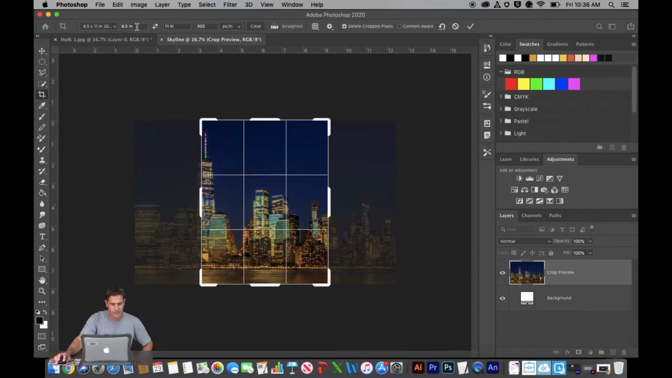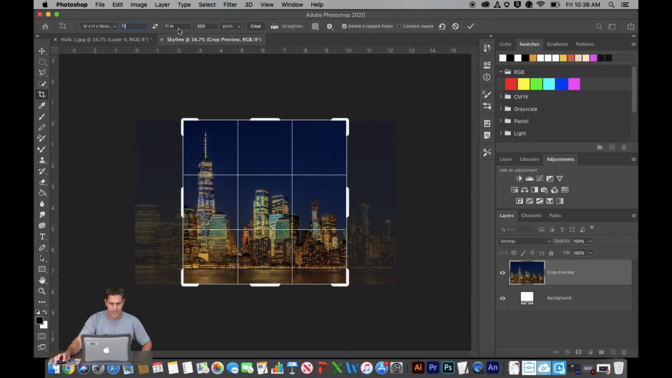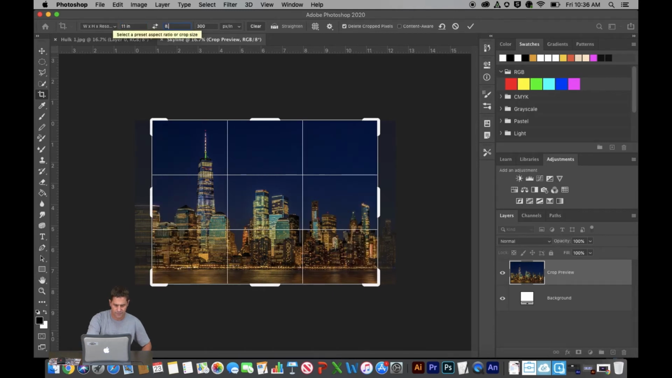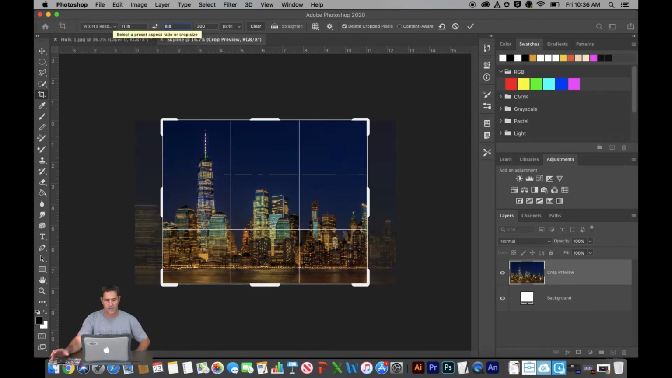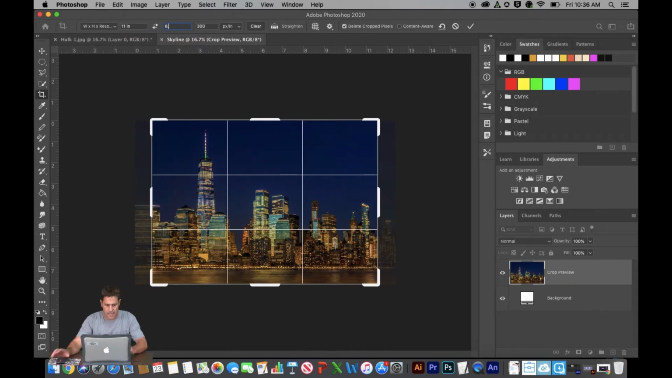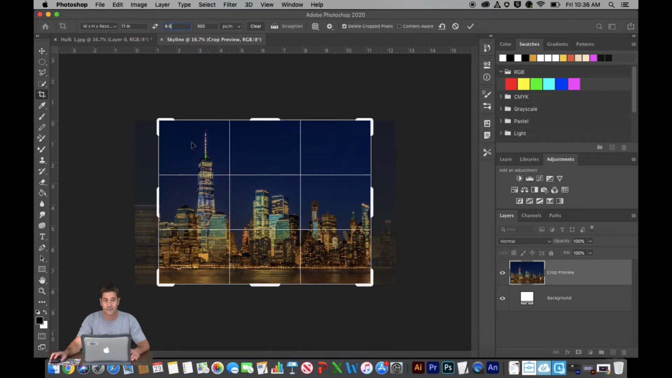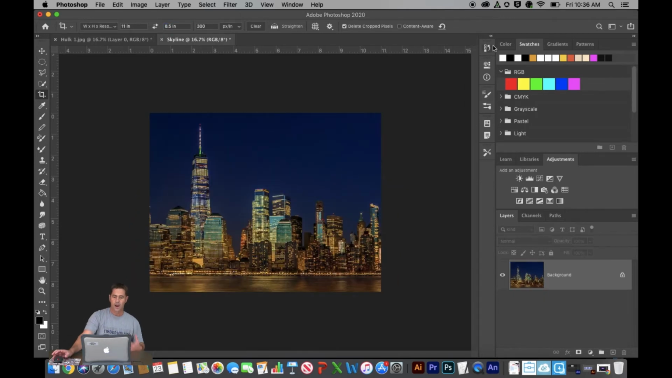Okay, let's do it this way. Let's type 11 there. Let's type 8 here, 8.5 there. Let's see if it works. Okay, that gives me the 8.5 tall by 11 wide, which is what I want, and I'm going to commit my transformation by clicking it right there. All right, so this is the aspect ratio and the size I want, 8.5 by 11, and it's